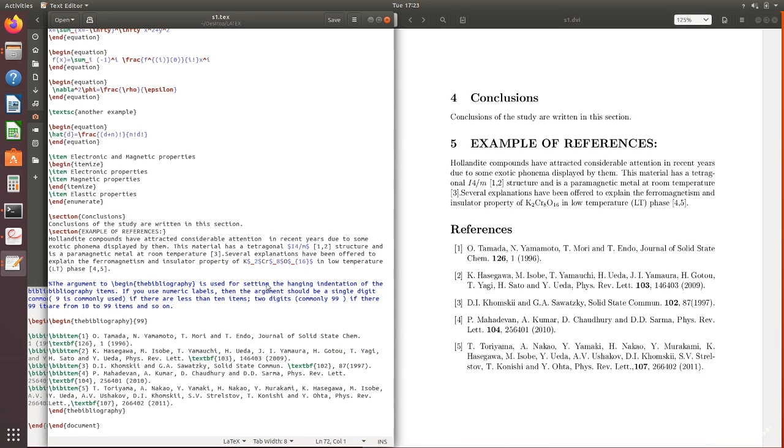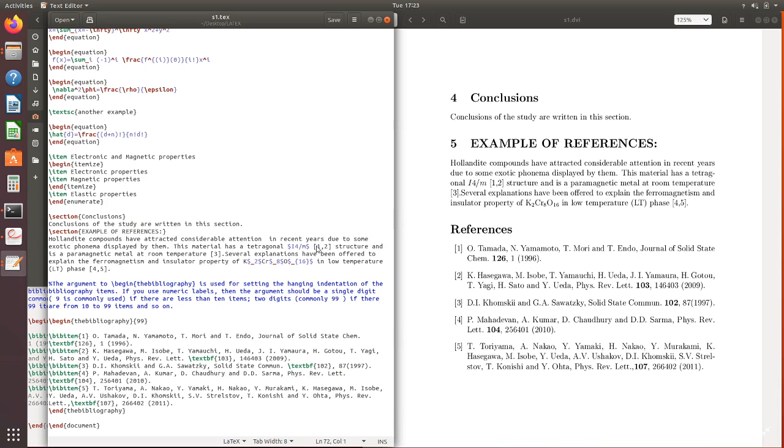So to do this you have to use the bibliography or the reference item to indicate from where you have taken your info. See here, there are some sentences written here, and I have taken this information from two articles, and these articles are numbered as 1 and 2. That means I have to indicate from where this has been taken.